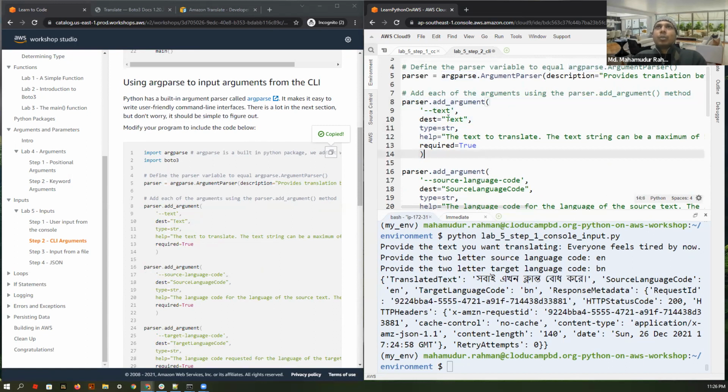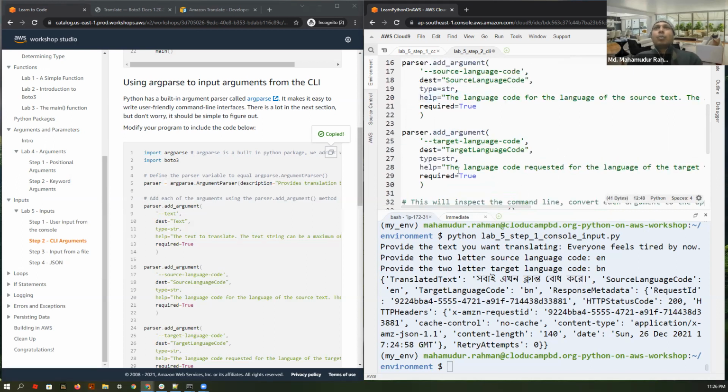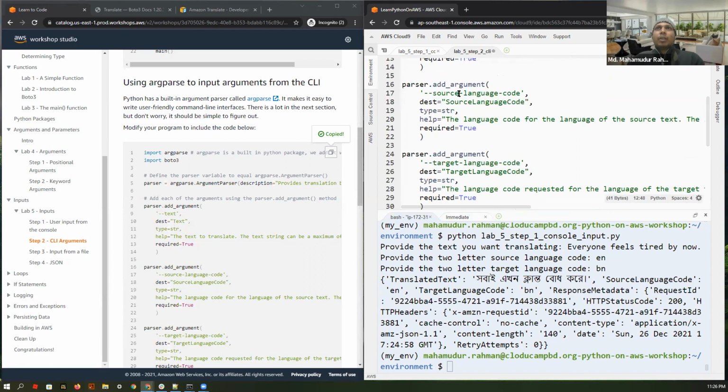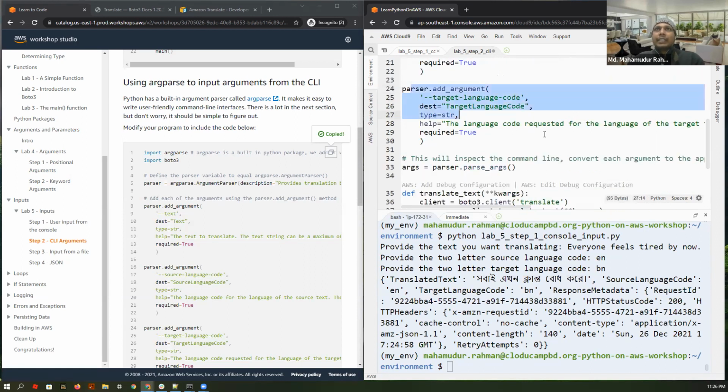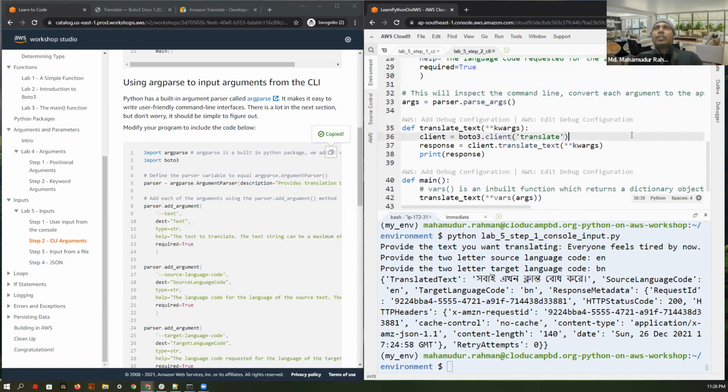For text, what type of data we are going to get, and what is the help message for this. We are defining this. Now you see, for source language code, for target language code, all are written here. So if we save this and if we run this,